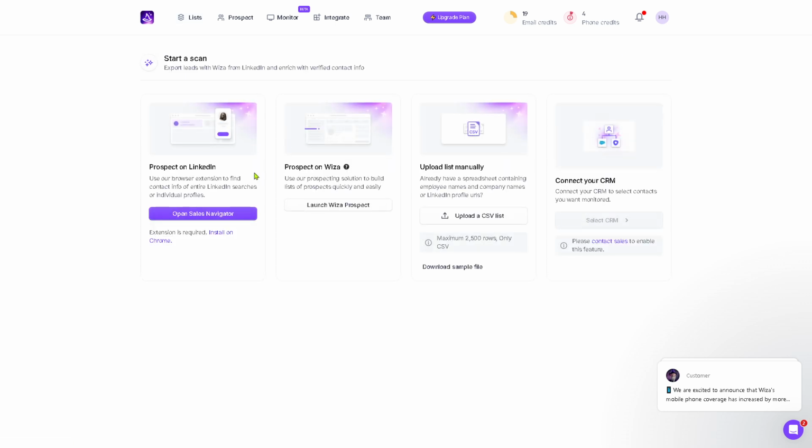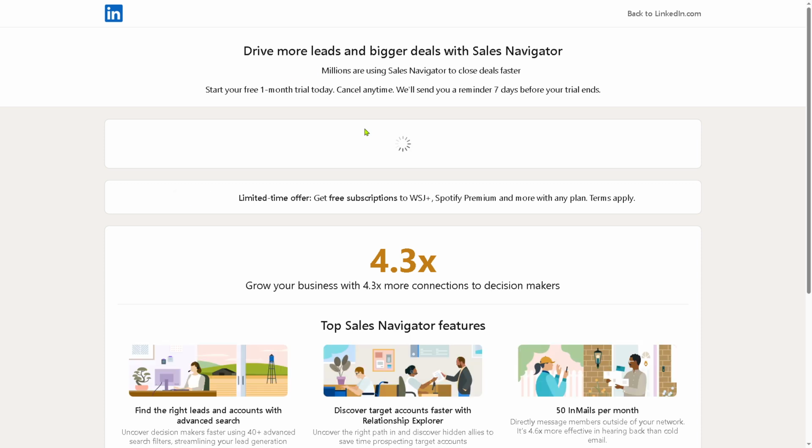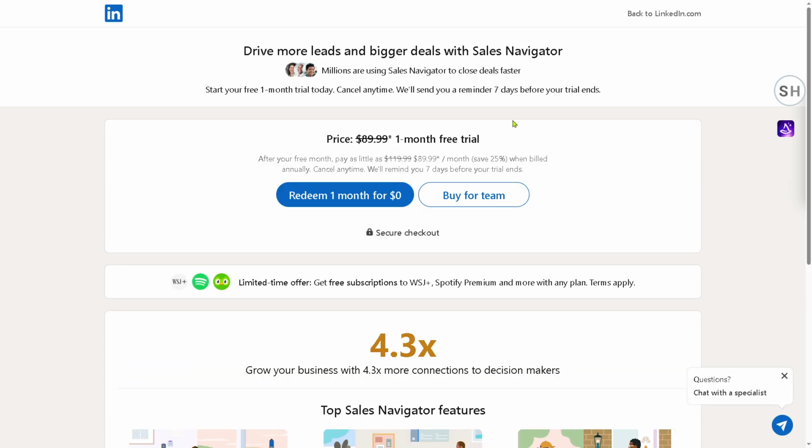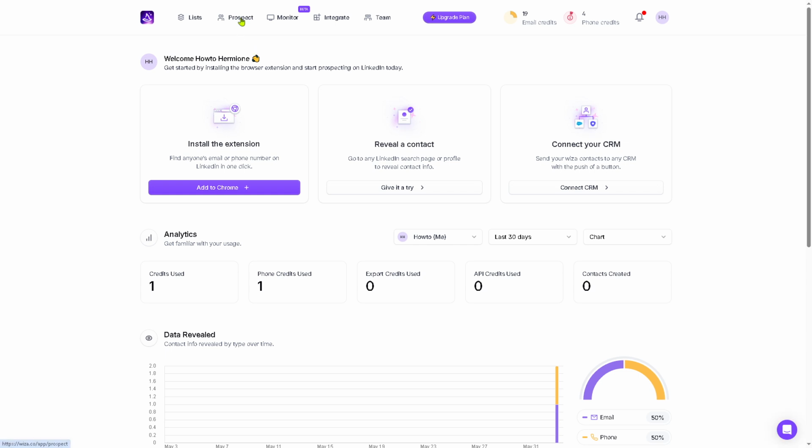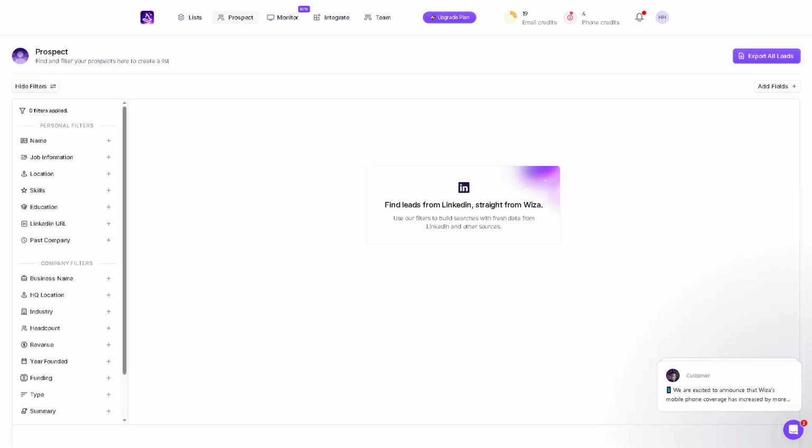Again, if you want to create a list, right here you have the prospect on LinkedIn. If you want to open the Sales Navigator, you can do that, but I don't have the LinkedIn subscription plan, because if you do, you'll be forwarded here. You see that the Sales Navigator comes with a subscription plan, so if you want to utilize all of the tools here in Wiza, you might want to upgrade for the LinkedIn Sales Navigator. But if you don't want to, let's go back to the prospect,